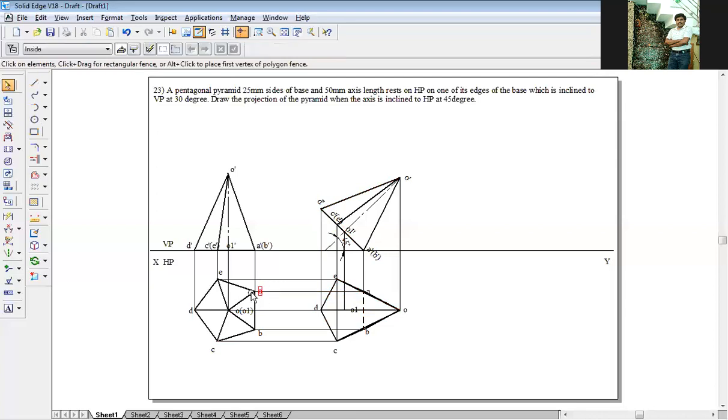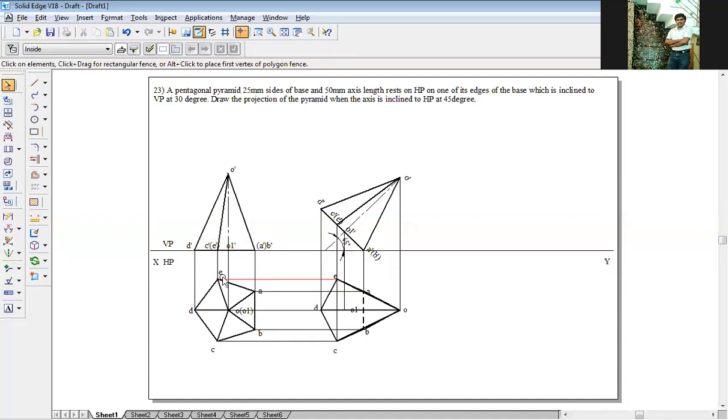For example, among A and B points in this drawing, you have put B dash point in the bracket. Why have you put B dash point in the bracket? Good that I observed here. Here I put A dash point in the bracket. The reason is, compared to B, your A point is very close to the XY line. Since it is close to the XY line, it is not visible from the front.